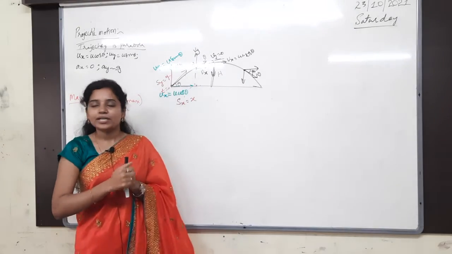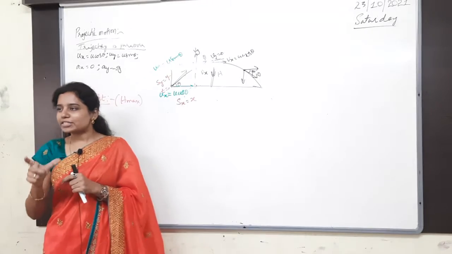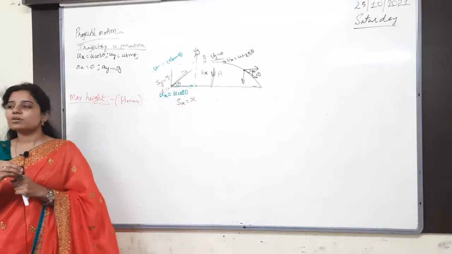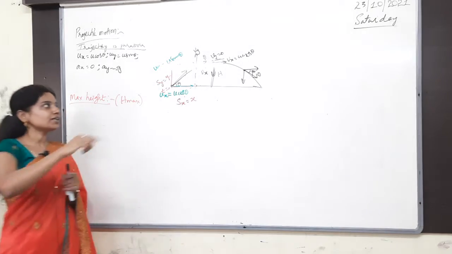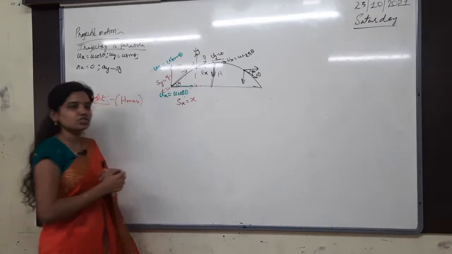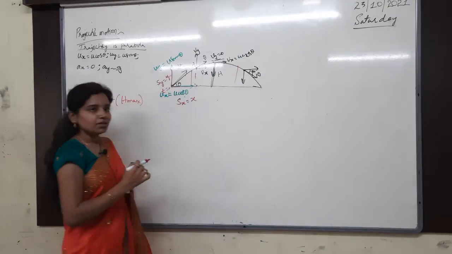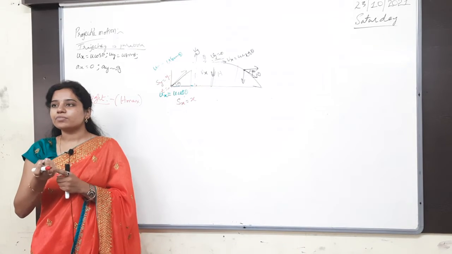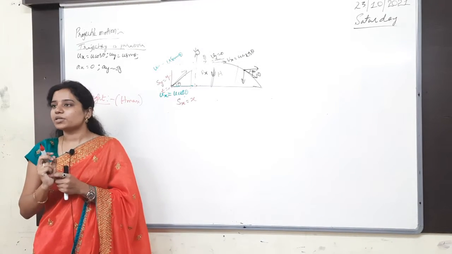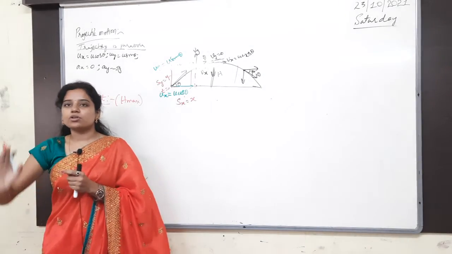Where is the maximum height? Wherever the vertical velocity is 0. The maximum height is nothing but the maximum vertical displacement travelled by the body where the vertical component of velocity is how much? 0. Everywhere it is height only. This is also height only. But you should discuss the maximum height. When will the maximum height come? Whenever the vertical velocity becomes 0, then only it will go and then reach down, right? So it is going upwards.